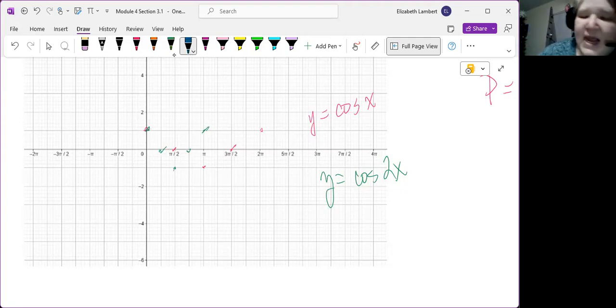Now, when we include that negative 0.8, the 0.8 is going to squash it slightly, but the negative is going to flip it. So instead of starting up here near 1, we're going to start down here just a little before negative 1, so a little above it. But then it will still go to this 0 point, up here to a little below positive 1, down here still to the 0 point, and then